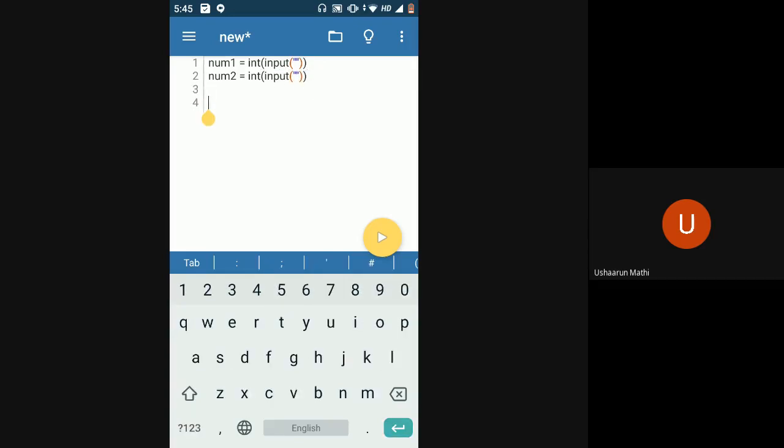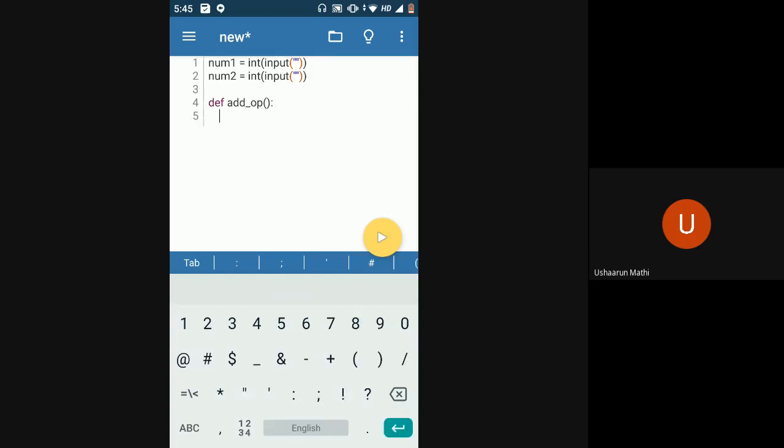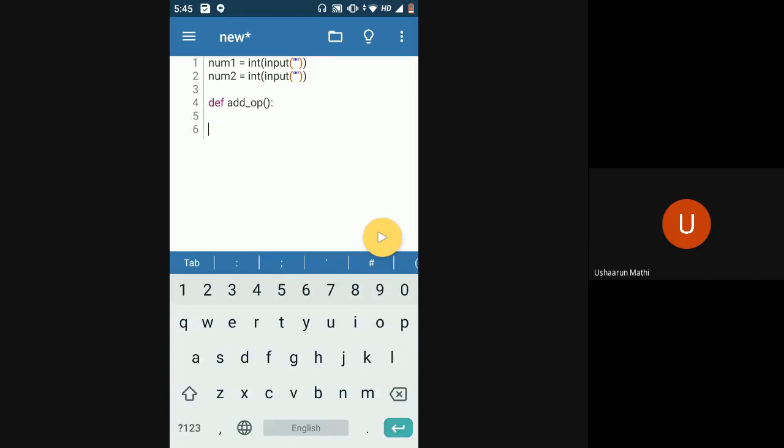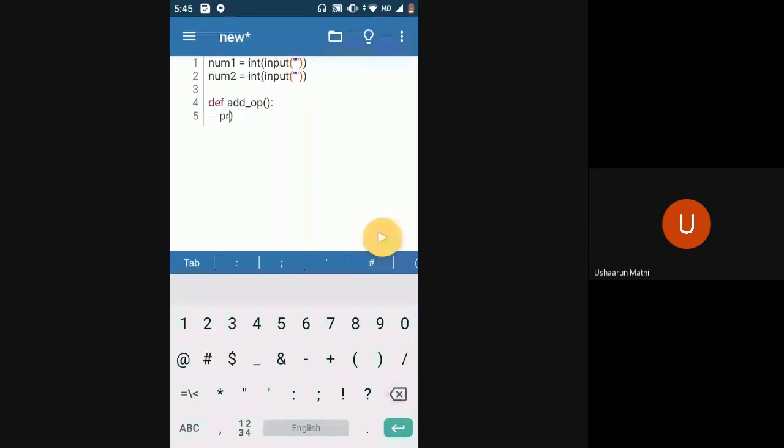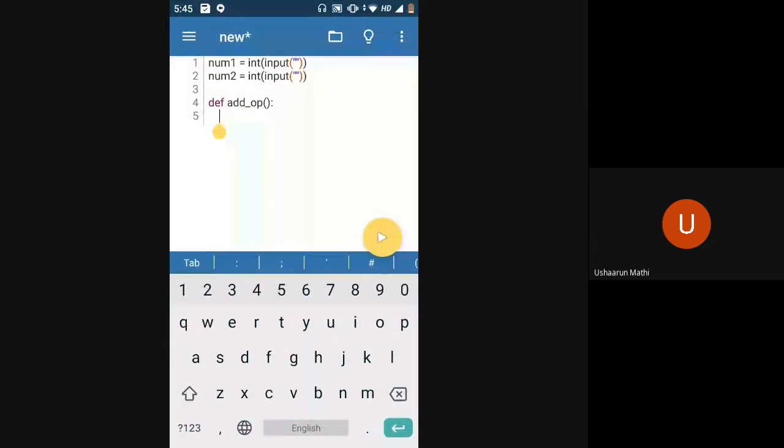Okay, then you will have to choose three operations. So if I say add operation, you will have to write a function for those three operations. So print, or maybe assign it into a variable, a local variable.